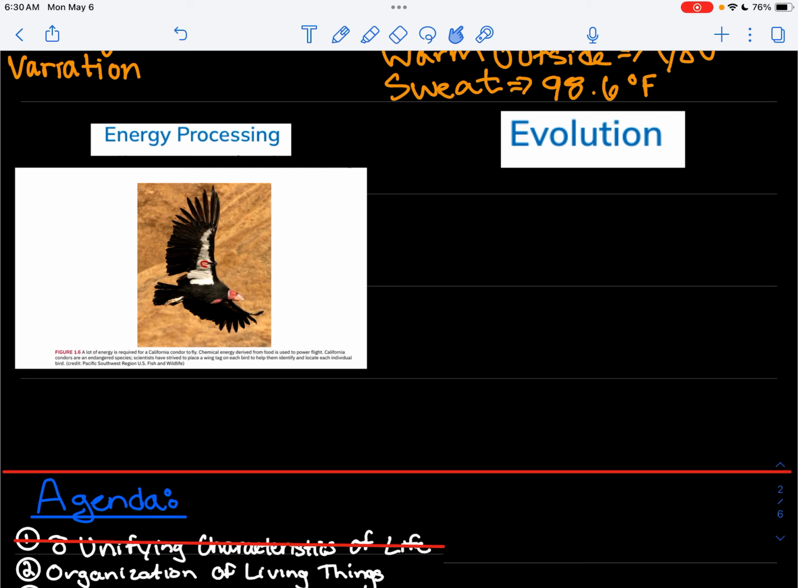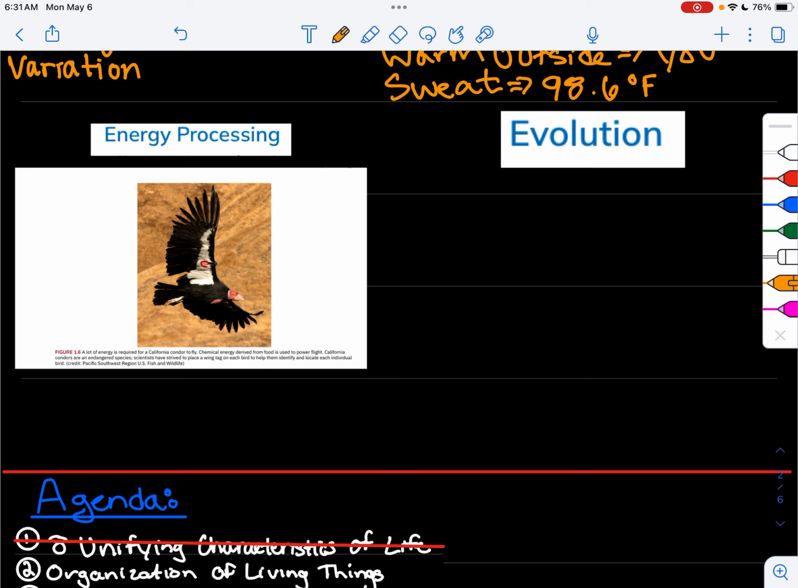A lot of energy is required for this California condor to fly. Look at that big bird. I think they're related to turkeys. Chemical energy derived from food is used to power flight. California condors are an endangered species. Scientists have strived to place a wing tag on each bird to help identify and locate each individual bird. Energy processing